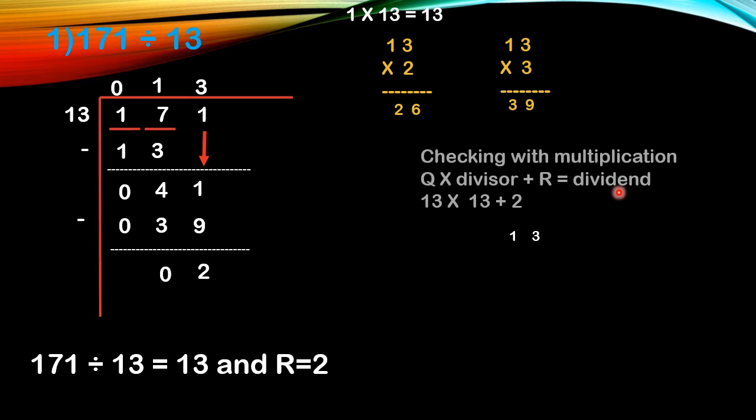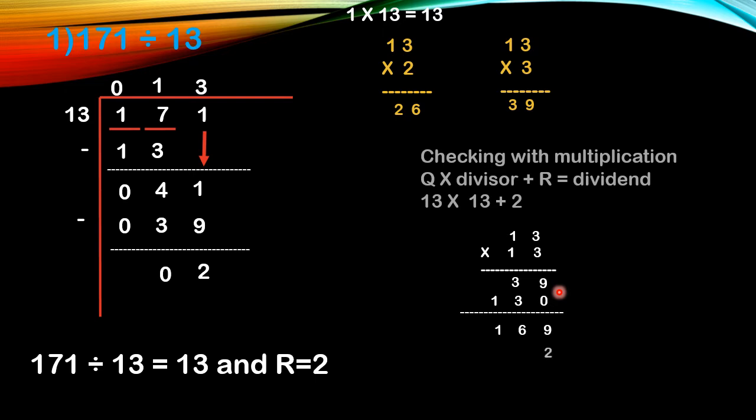So first we have to multiply 13 into 13. So 3 3s are 9. Then 1 3, 1 3 is 3. Then we have to multiply by 1, so first you have to put 0. Then 1 3s are 3, 1 1s are 1. Then 9 plus 0 is 9, 3 plus 3 is 6, then 1.